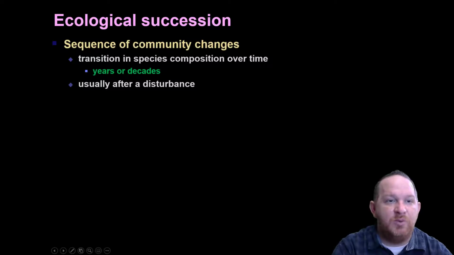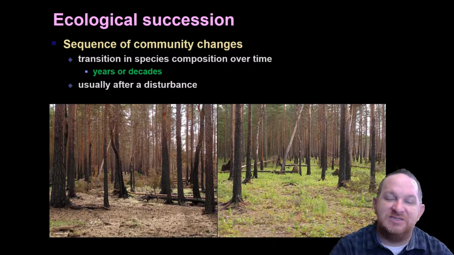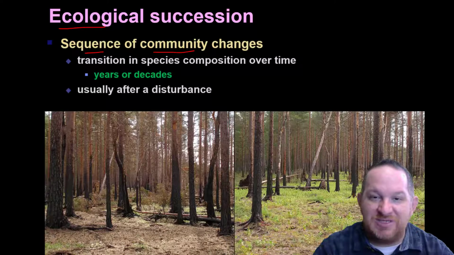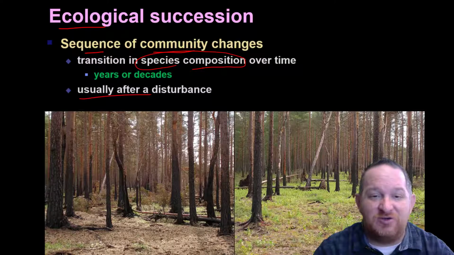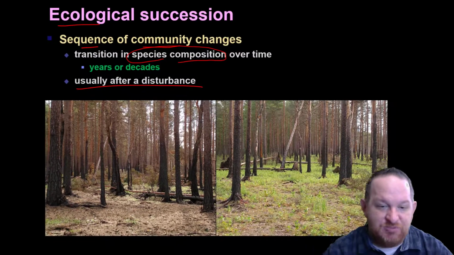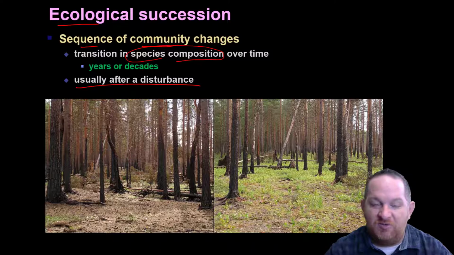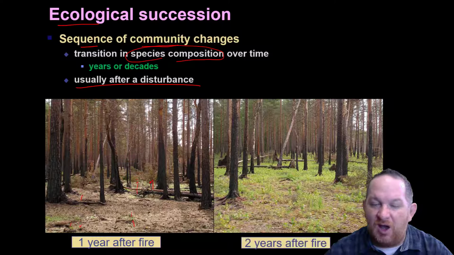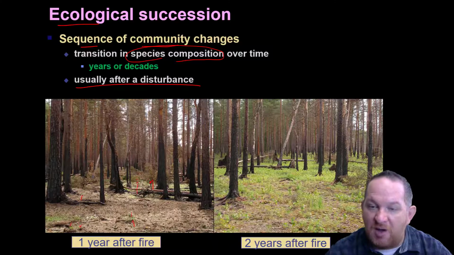Okay, so the first topic we want to look at is ecological succession. And ecological succession is really just the sequence of changes within a community. So it's really about how the composition of species changes over time. And this might be after a disturbance, for example. So in these pictures that we've got here, there was a fire in the forest. One year after the fire, what you see is just some small grass starting to move up. Then another year after the fire, year 2, you'll see even more, maybe some small shrubs starting to form.